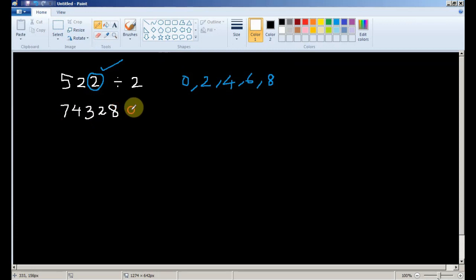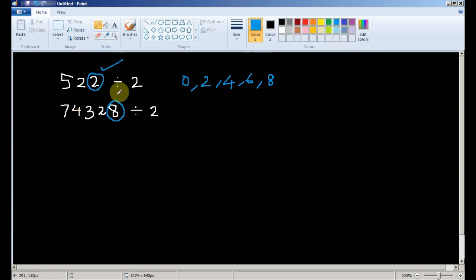That's a pretty big number, but no need to worry, because using this trick you can easily identify whether a number is divisible by a particular number, in this case 2. So how do you know that this number is divisible by 2 or not? Again you have to look at the last digit. The last digit is 8, which is one of the digits that indicates that this is an even number.